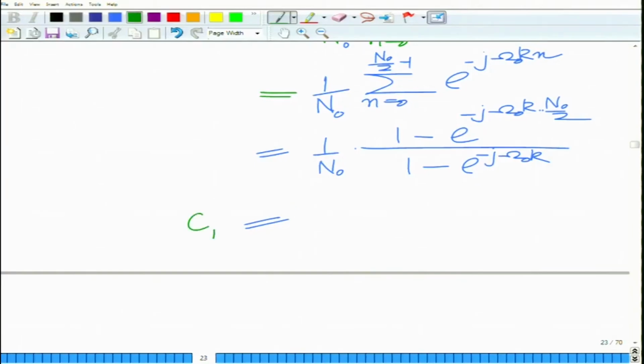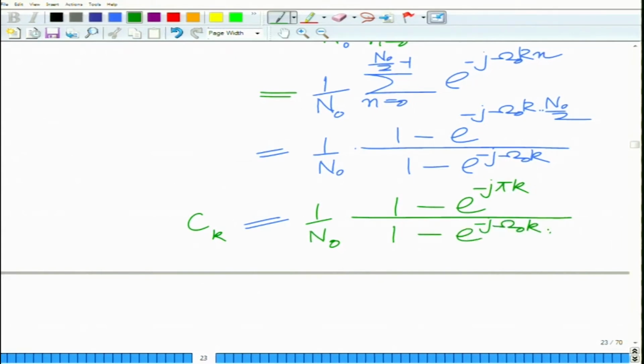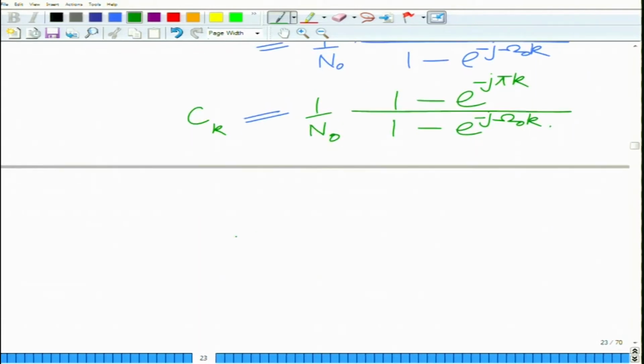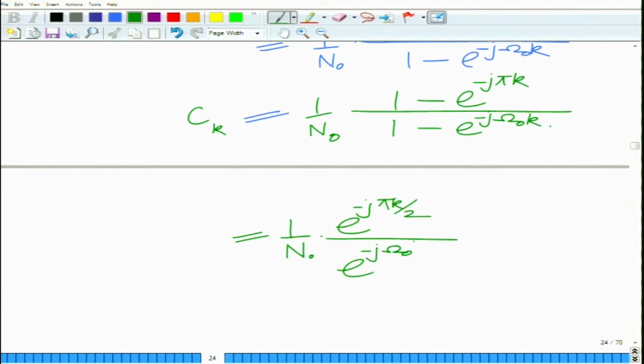So, the right hand side, C k, is 1 over N naught times 1 minus e raised to minus j pi k, over 1 minus e raised to minus j omega naught k, which is basically 1 over N naught, e raised to minus j pi k over 2 divided by e raised to minus j omega naught k over 2,